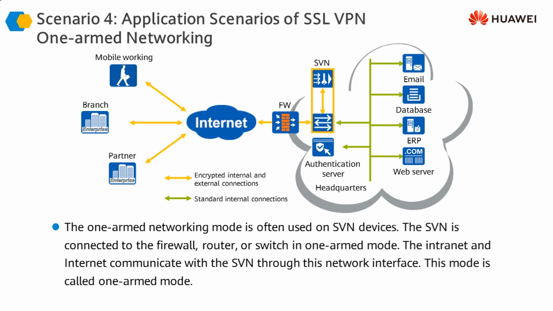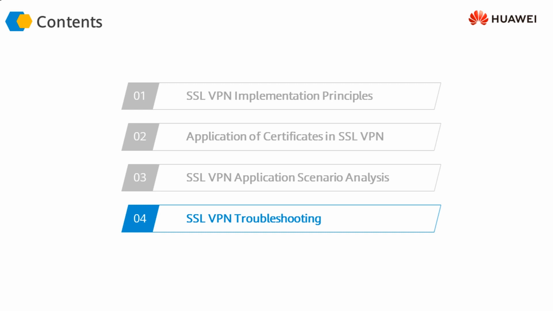And since a single interface is being used for sending and receiving traffic from the network to the SSL VPN gateway, we call this one-armed networking. The rest of the configuration and the concepts remain the same, except for the connectivity, which is out of path, for which you do not have to make any changes to your existing traffic or existing configuration on the firewall. So these were some of the case studies or scenarios for implementing SSL VPN within our infrastructure. Now let's take a brief look at the troubleshooting scenario.